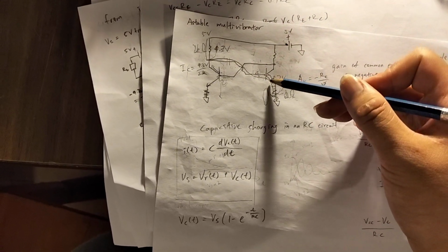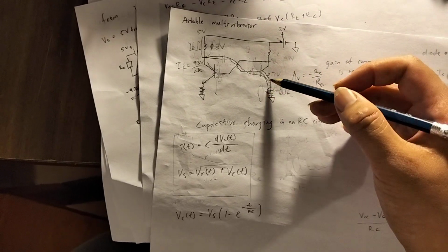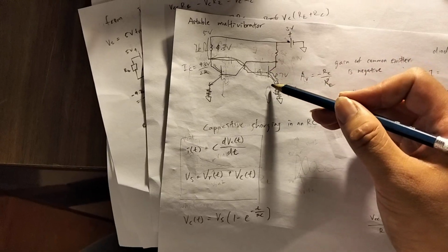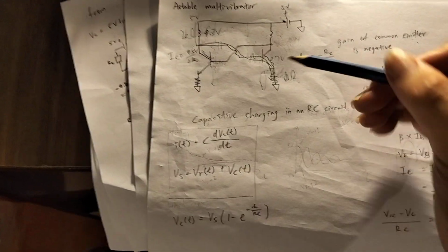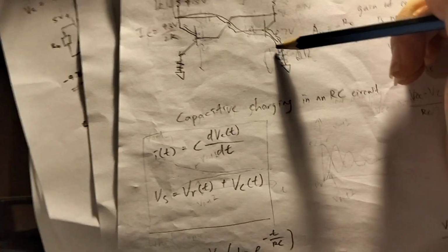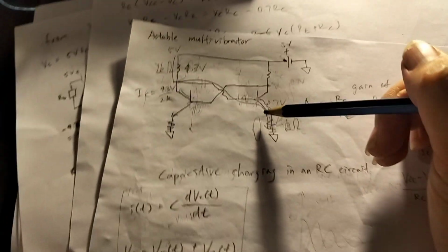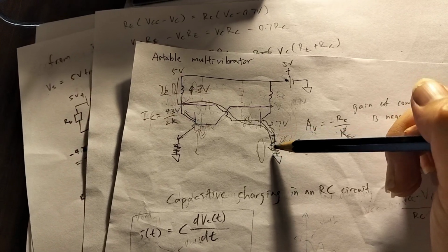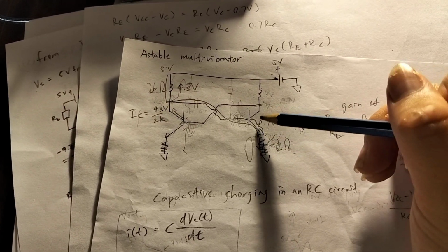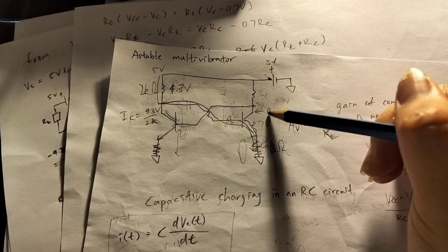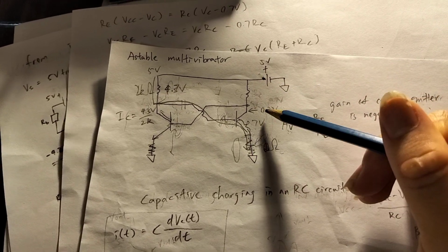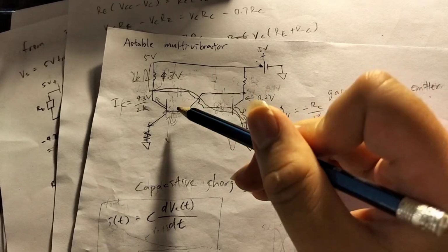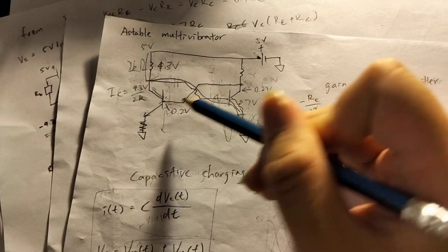What happens is this pushes this transistor into saturation, and because the emitter is at 0 volts, because it has no resistance, there's no voltage being pushed up by the resistor in the emitter. In saturation, the collector is going to be at 0.2 volts, right? Because it's just 0.2 volts above the emitter voltage. And therefore, this base is going to be at 0.2 volts. So this base is going to be at cutoff